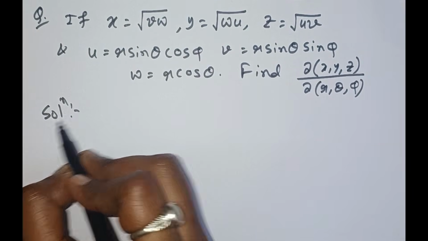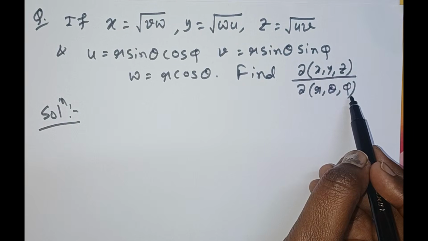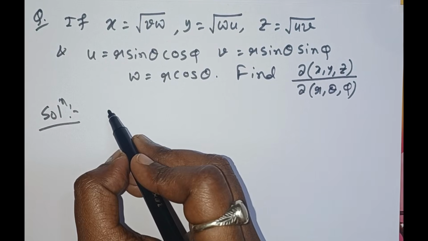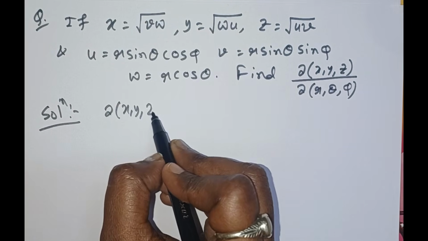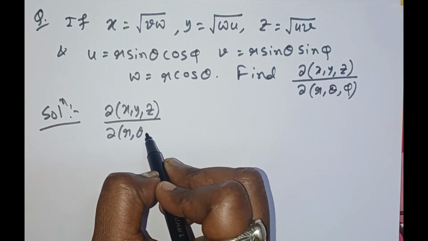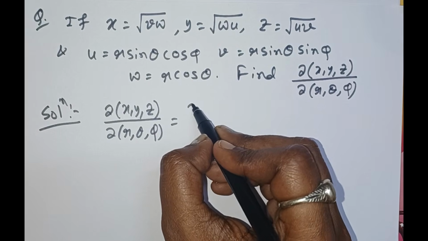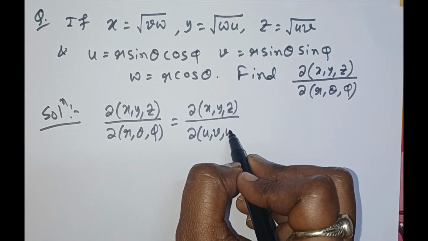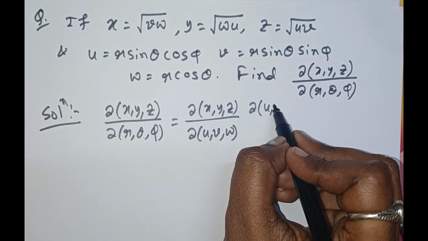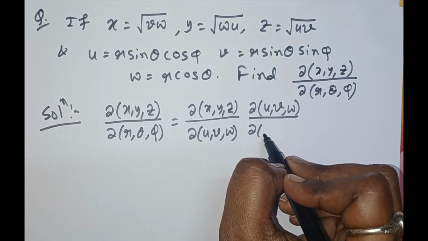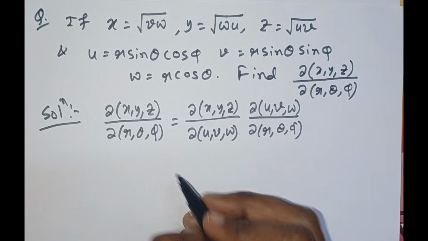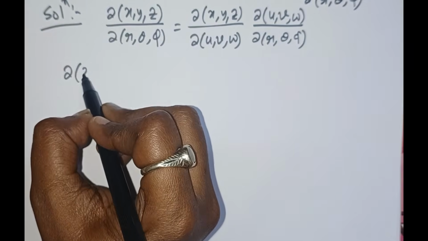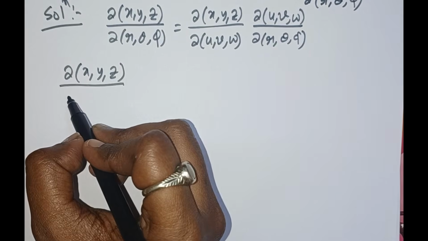So this is the question where we have to find del xyz del r theta phi, this Jacobian. But x, y, z are functions of u, v, w. You can see here. So to calculate del xyz del r theta phi, again we have to use the chain rule for Jacobian, that is del xyz del u, v, w multiplied with del u, v, w del r theta phi. Similarly to the previous question, again we will solve these two separately. So first solve del xyz del u, v, w,